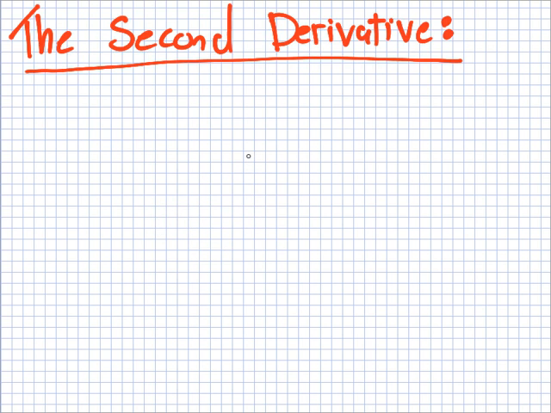So we're going to have a look now at the second derivative, and there's nothing too special about finding the second derivative. So the second derivative, which is written like this, d2y dx squared, that's just equal to the